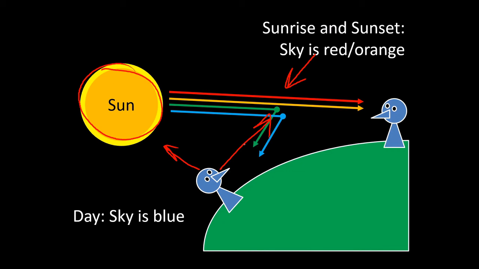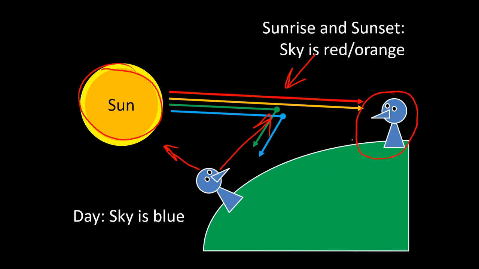And that is going to be disproportionately the blues and the greens and the purples, because those are higher frequency, lower wavelength light, the light that scatters more. And so when you're looking over here, what you're going to see is the light that has been scattered, which is again disproportionately blue light. If, on the other hand, you're over here,